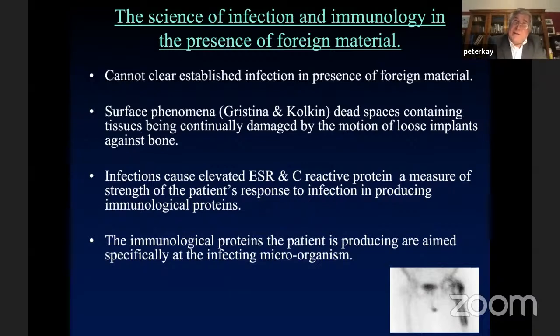And of course, if you think about two-stage revision, what you do is you do the first stage, and okay, the ESR and CRP are very high, and then you wait for the ESR and CRP to come down before you do the second stage. And that makes you feel reassured. But does it make you feel reassured? Because actually all you're doing is waiting for the patient's immune system to go to sleep. And so you perhaps lost that little bit of help that the immune system might give you. And again, I would argue, and we'll go on to the results, why does one-stage revision work when it clearly does?